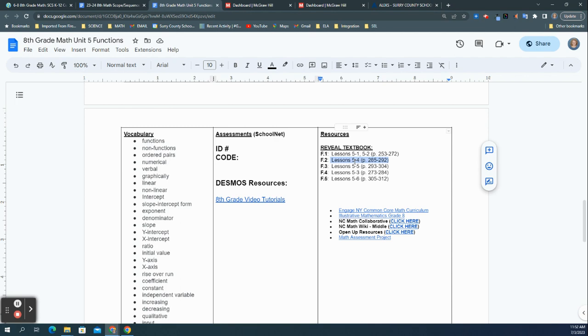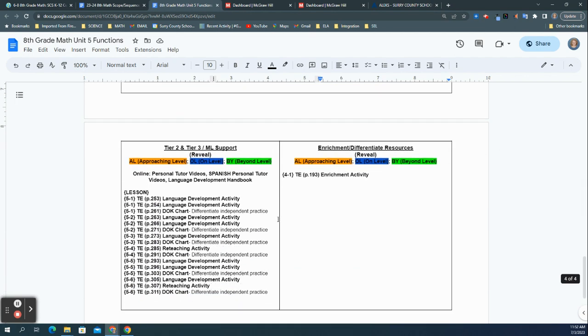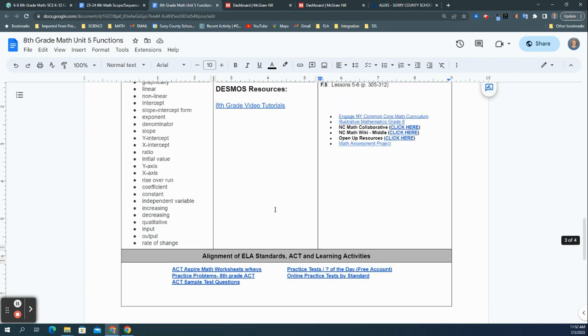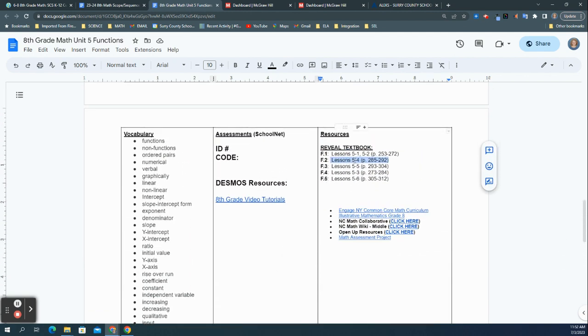So 5.4 is here. That's the one we're looking at today, lesson 5.4. All your options, all of these, and your enrichment activities are listed, and this is based off of the teacher edition book. So these are your extra resources. Again, we are going to go into the dashboard for McGraw-Hill, and let's look at lesson 5.4 and see